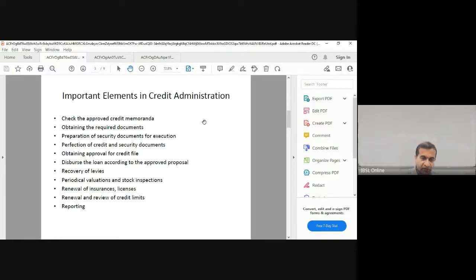And recently, on top of everything, there is another department as per the central bank guidelines, the credit review department. Their job is to ensure, once the loan is disbursed and everything is done, and they don't handle the credit administration part, they take samples of credit and do a review from the beginning: whether the loan has been evaluated properly, whether the loan has been disbursed properly, whether the credit administration people have done the job properly.